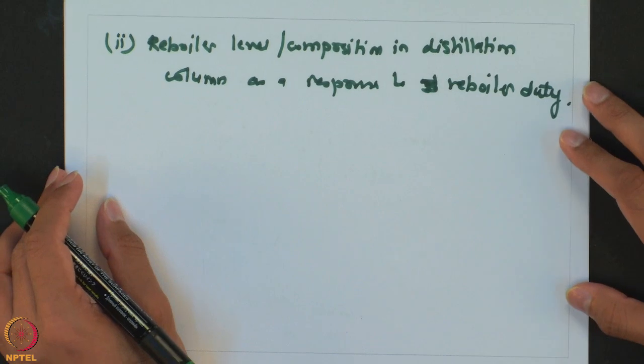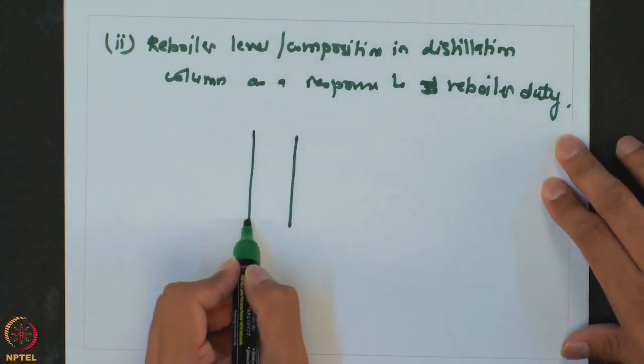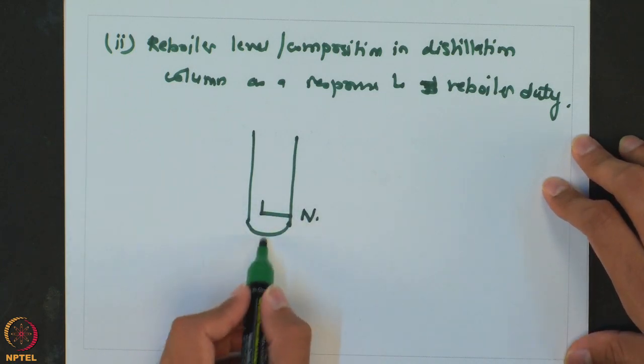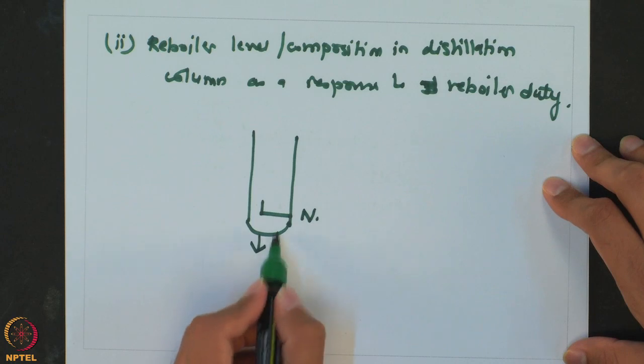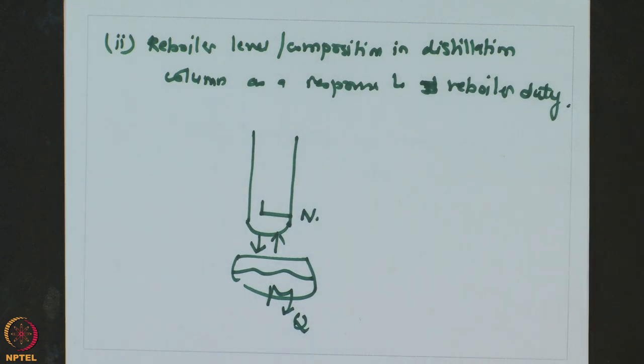So, what happens is, let us say if you take the bottom of the distillation column, let us say this is the nth tray, and then this is your reboiler where you provide heat. What is going to happen is,